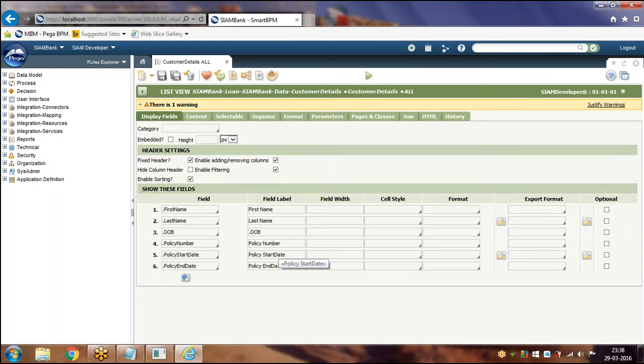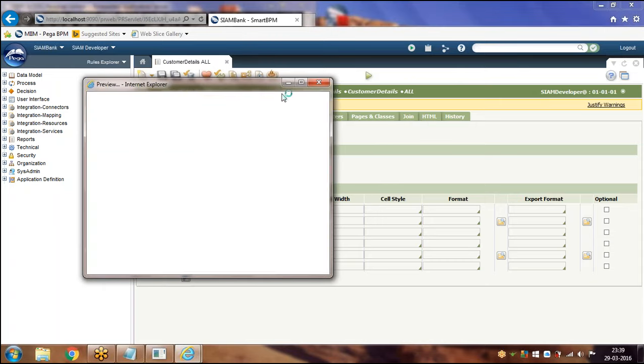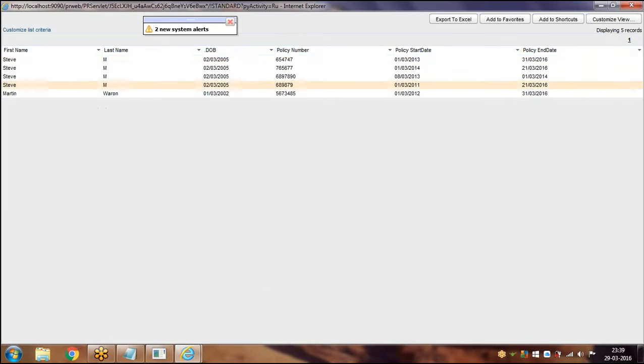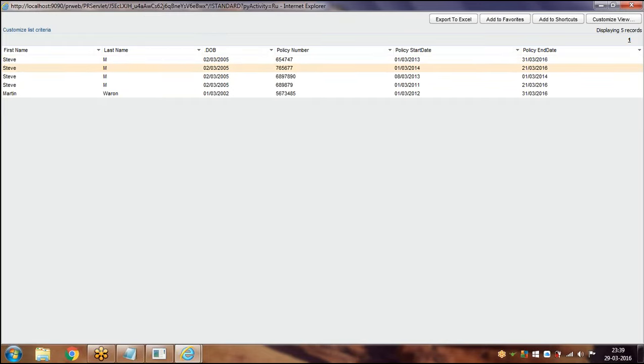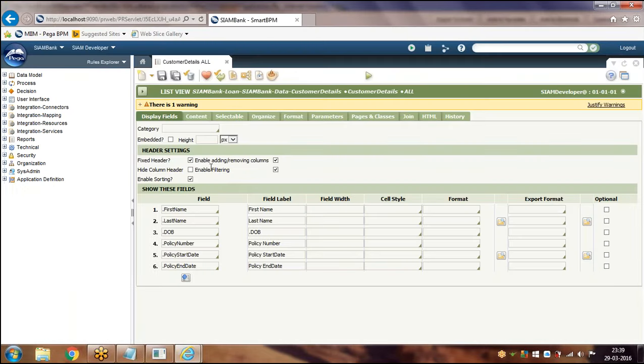But whereas other reports like report definition and summary view, the property should be in an exposed column, even if it is not mentioned in the criteria. Like see, when I run this report, I'm able to get all the details, first name, last name, and all these are detailed data, right? You don't have group by options or other things in list view rule. It will get you the detailed data only.